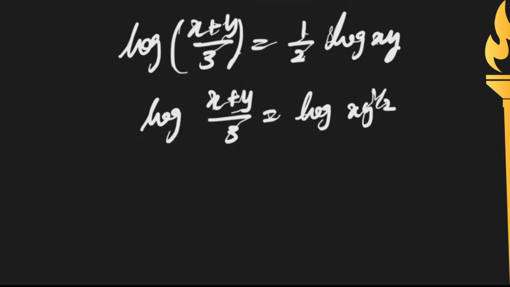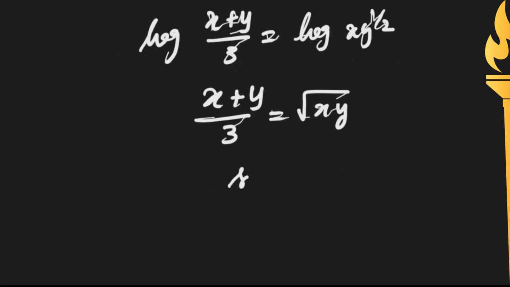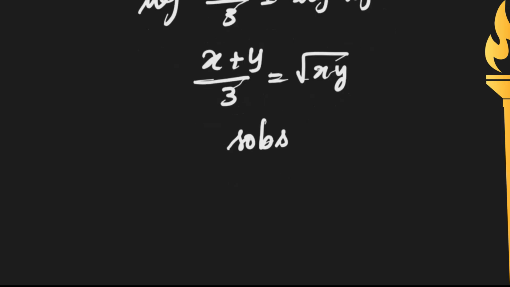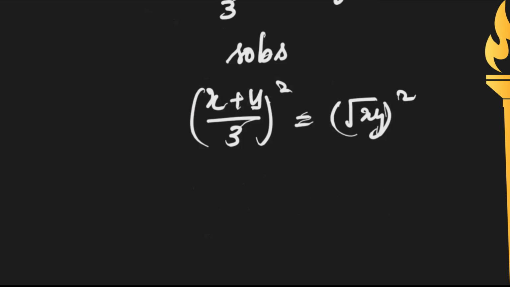Since we have log on both sides, we can equate the numbers. So (x plus y) by 3 is equal to root of xy, and we have to square on both sides now. So ((x plus y) by 3) square is equal to (root xy) square,